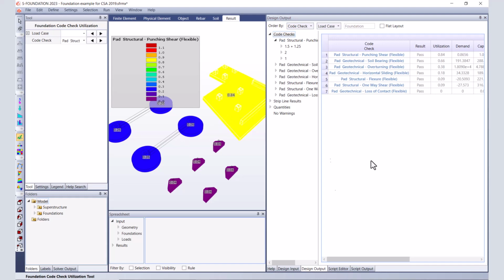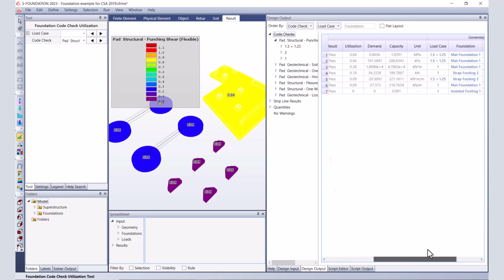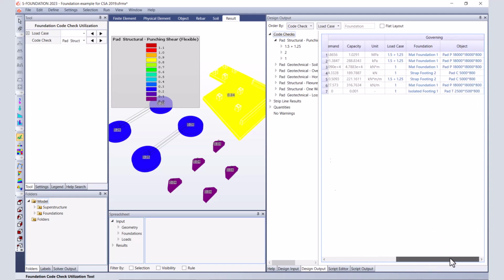And in this case, we will see the governing code check at the top of the list, which is for this mat foundation over here, with 84% of utilization, according to this demand and this capacity that we will be diving into deeper. And this is for load case, or rather load combination 1, which is comprised of the two load cases that I showed you with these two factors over here. So I can drill down more in these results to